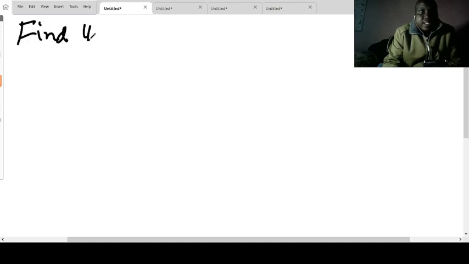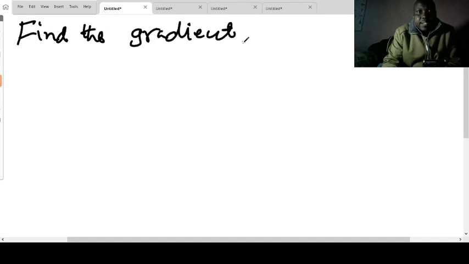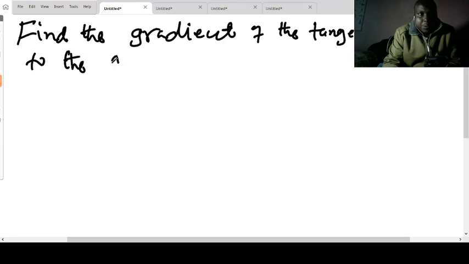Find the gradient of the tangent to the curve